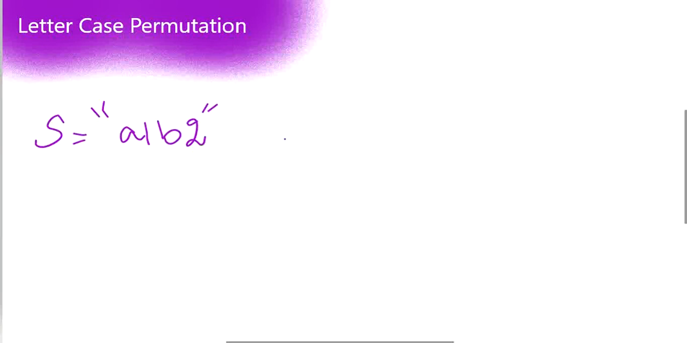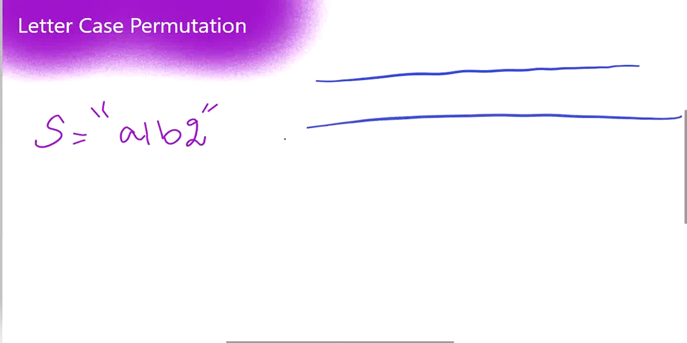So the given string is a1b2. We have two alphabets here in this string. So we are going to use BFS to get our thing done. So we are going to have a queue. If it is BFS, a queue always comes to help. So I'm going to put my first string to my queue,